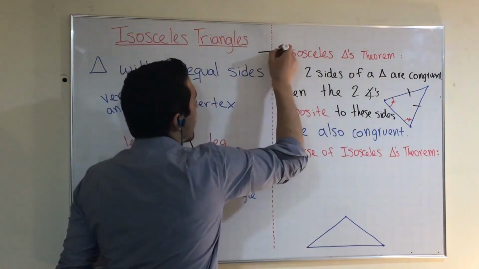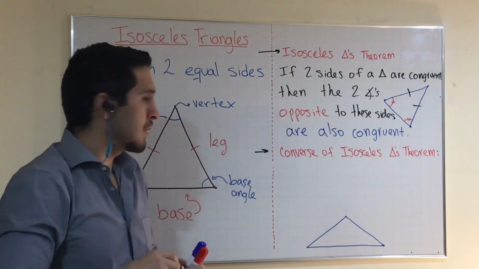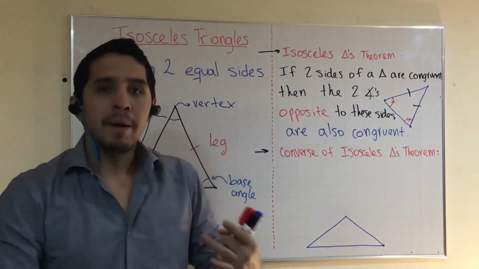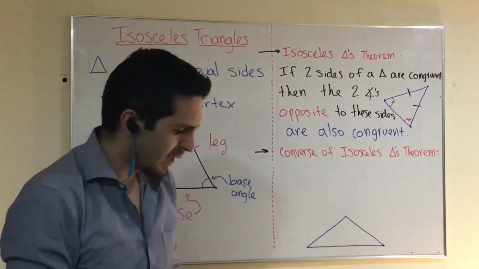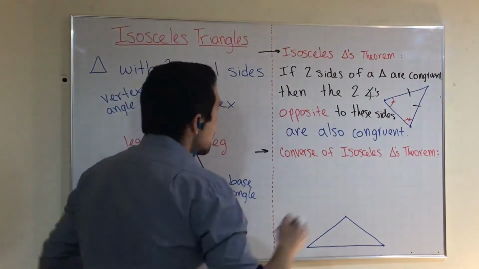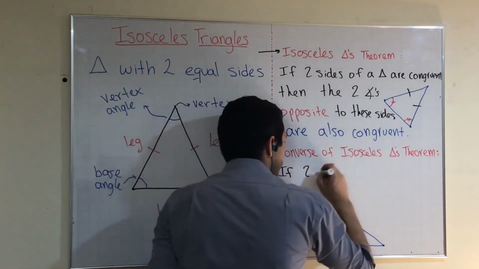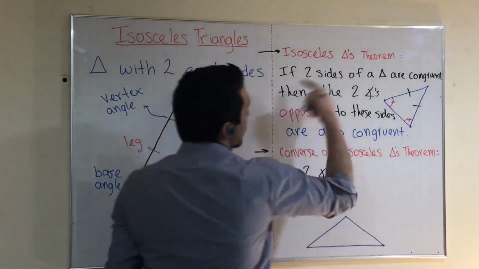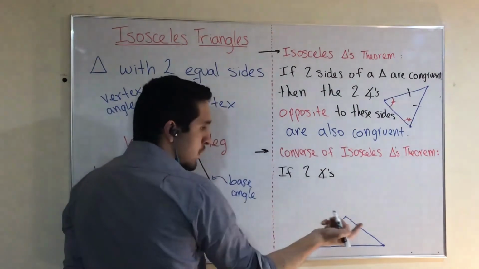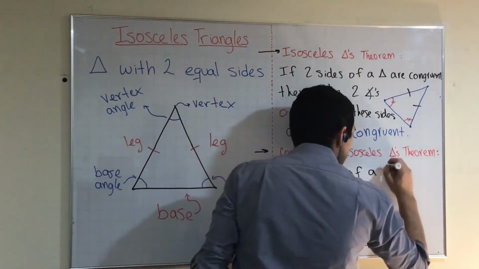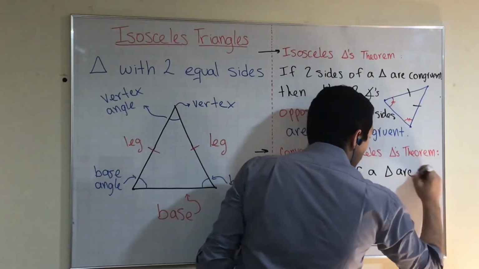All right? Now, we're going to go with the converse of the isosceles triangle theorem. This is the theorem, and this is the converse of the isosceles triangle theorem. The converse works just the same, but in the opposite way. What is that going to sound like? It says, if two angles, so here we started with two sides, then we're going to start with two angles. If two angles of a triangle are congruent,